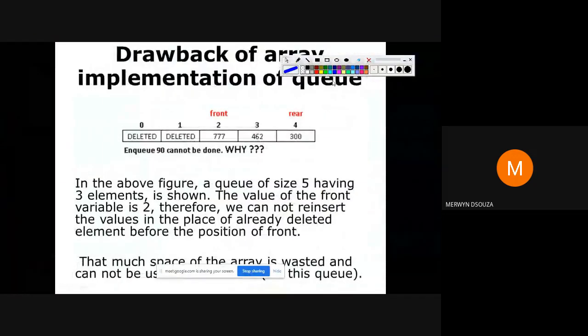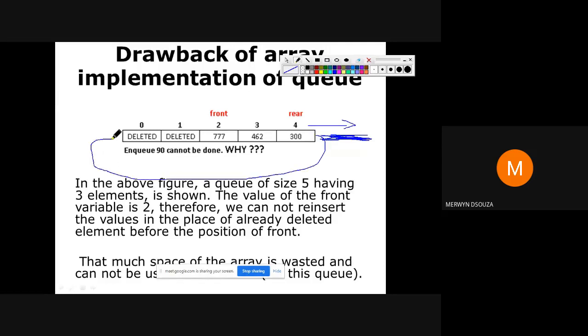Once we reach the last element here, since we do not have more array indexes, we can instead go back to the first index. I take this variable and go back to index 0.